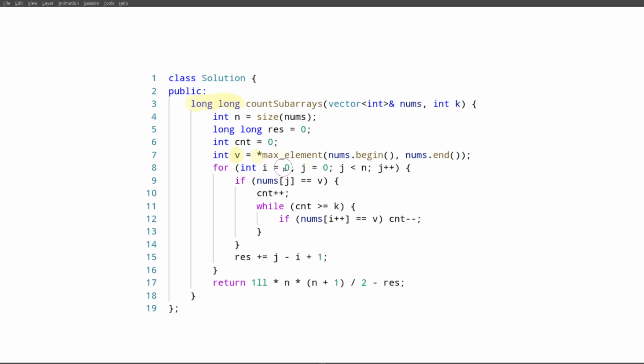And this should be familiar to all of you. Left end, right end, we push the right end forward. If the number here is not interesting, then we just add all the possible subarrays we can make that end on j. If it is our value v, we increment the count, and if the count is now too big, right, because we want to count those that are less than k,